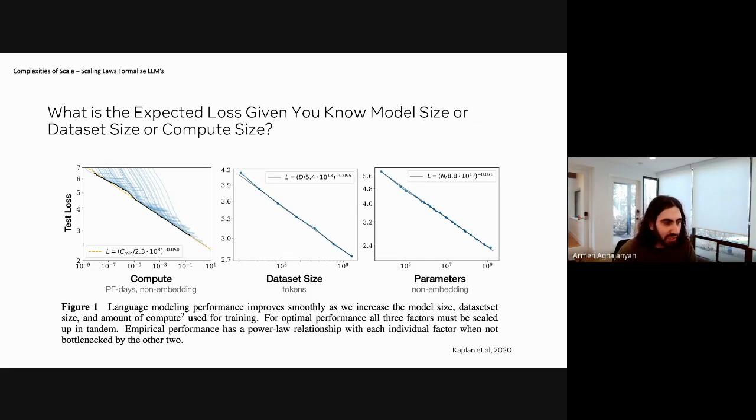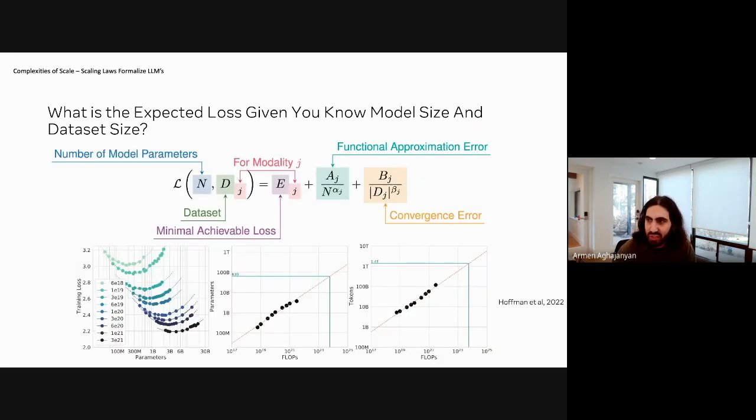And then people started answering more complex questions. For example, what is the expected loss if you know both the model size and the data set size? These were the scaling laws that were introduced in the Chinchilla paper. The parameterization of the scaling laws differs from every scaling law paper. Kaplan's scaling law paper was just a standard power law distribution. And then the Chinchilla paper offers, for me at least, a more intuitive parameterization, which is you